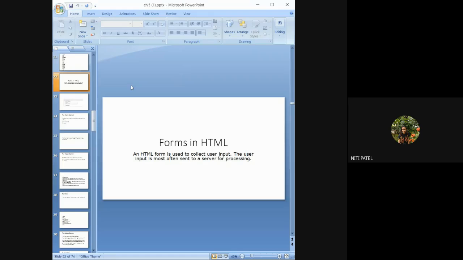So via that form, a system or a server is collecting the information from the user. Once that information is collected, it is sent to the server for processing. So if you have filled an institute level form, you are the client and we who have prepared the form are the servers. So we, being a server, have collected the input from the client via that institute level form.